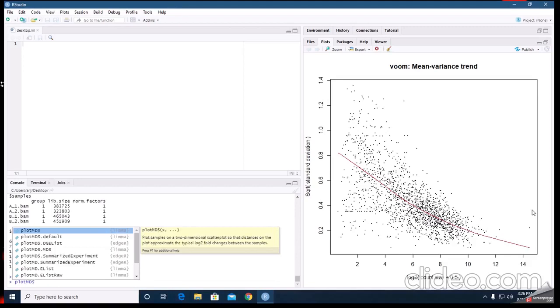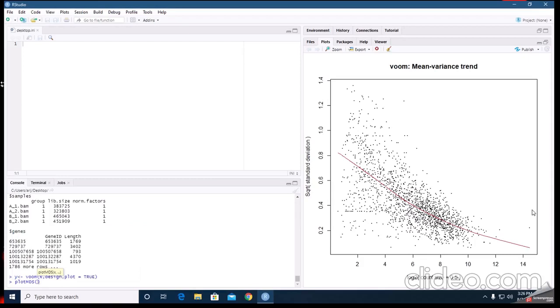This plotMDS function plots samples on a two-dimensional scatter plot, so the distances on the plot approximate the typical log2 fold change between the samples. Now we take y.